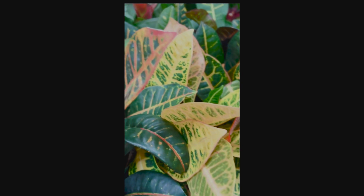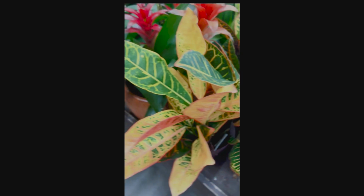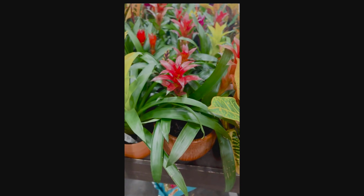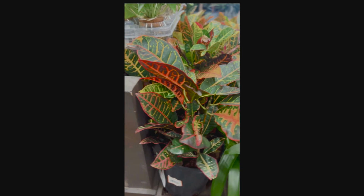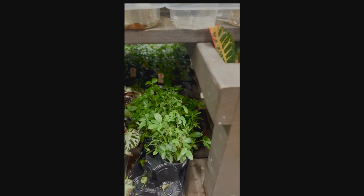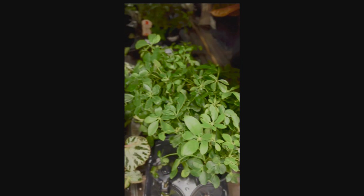And I walked in, and as you can see, they have some beautiful crotons, guys. Look at that color. Look at those amazing plants. Even if that's all they had, your girl was totally happy because I needed a little bit of color to like brighten up my mood. So they have the basic bromeliads, they have the basic crotons, and then I'm looking, and this little $4 section